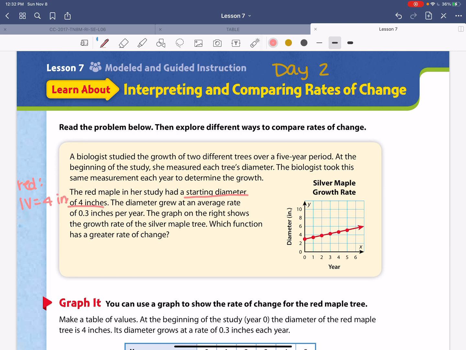And we move on. The diameter grew at an average rate of 0.3 inches per year. So if it grew at a rate of 0.3 inches per year, then our rate of change is 0.3 inches. Okay? The graph on the right shows the growth rate of the silver maple tree. Which function has a greater rate of change? So then we talk about the silver, and we also need its initial value and rate of